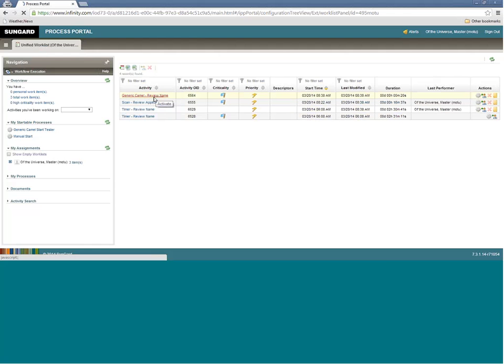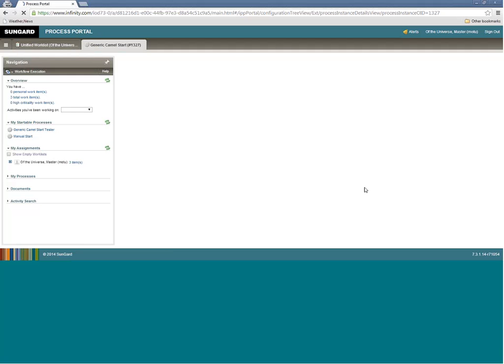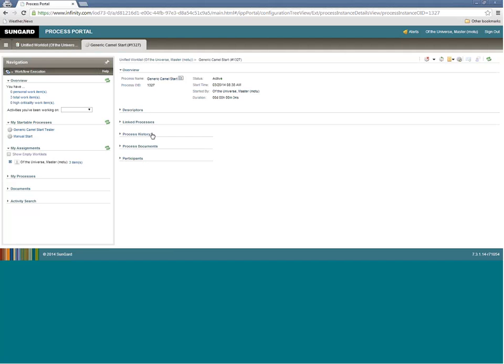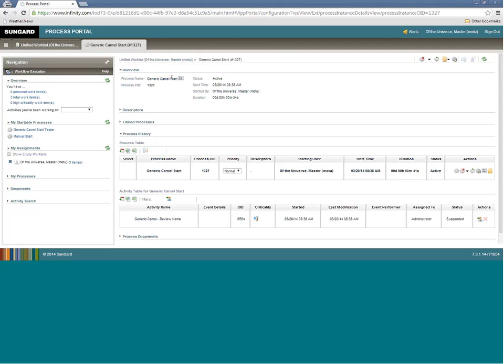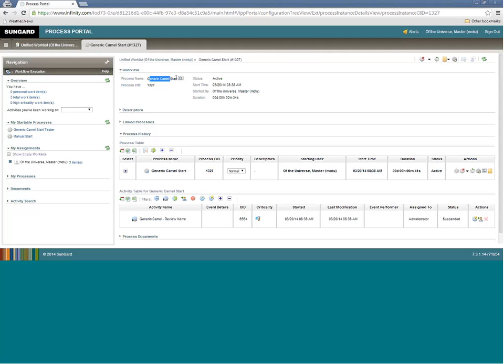I see an activity from the generic camel process show up in my work list, which means that my other process was triggered. Okay. You can look at this in the process history, and this is a generic camel start process. So the start tester process triggered the start process internally via a camel application endpoint. Okay. Finally, before we close the session and go to Q&A,